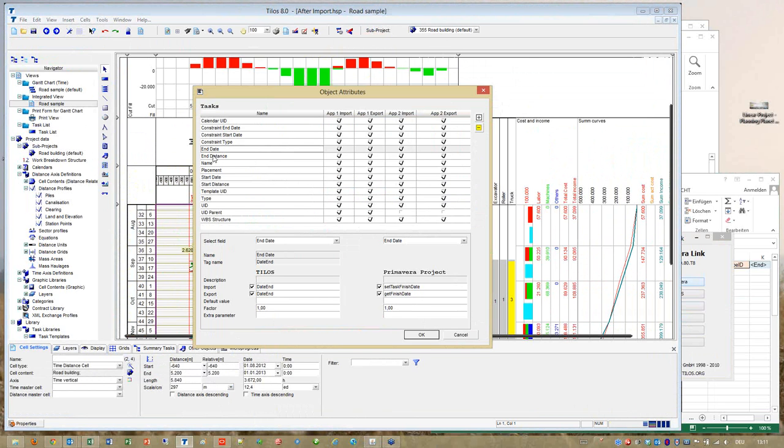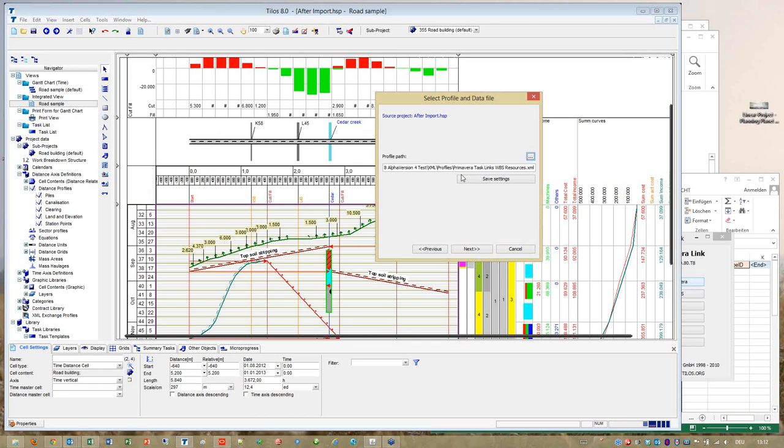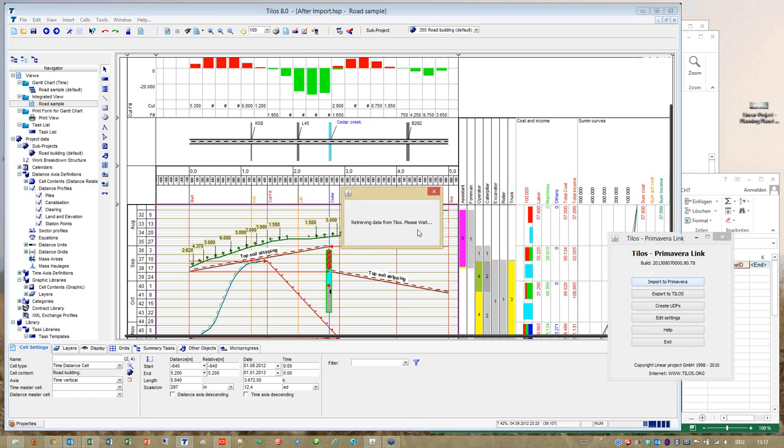For example, end distance is not known in Primavera. That's why we use a text field to code the distance, start, and end coordinates. So on behalf of my profile, we are now exchanging the data